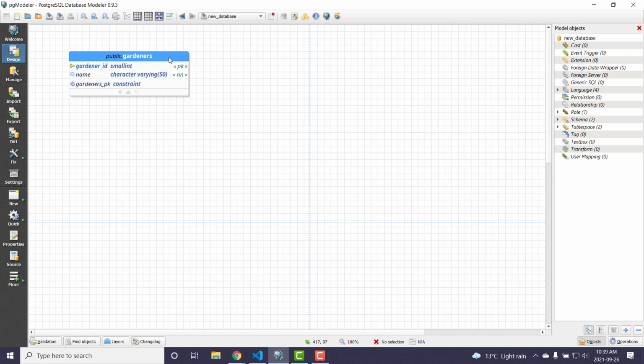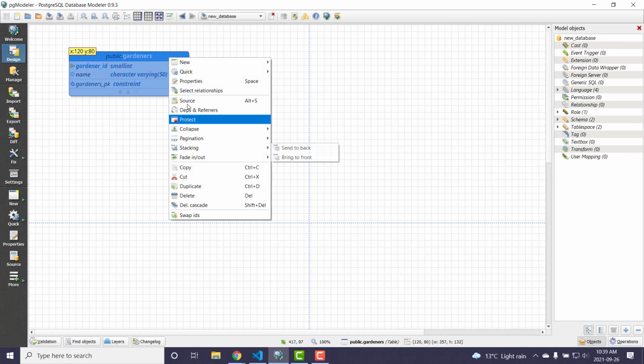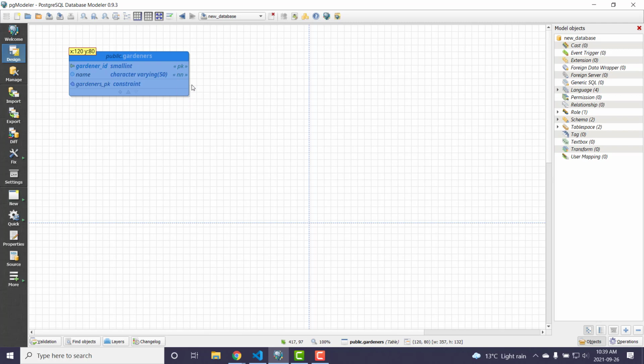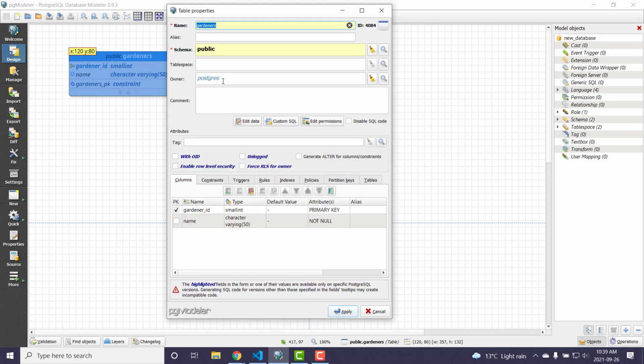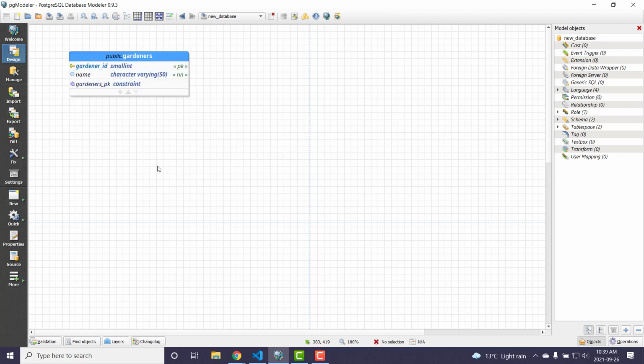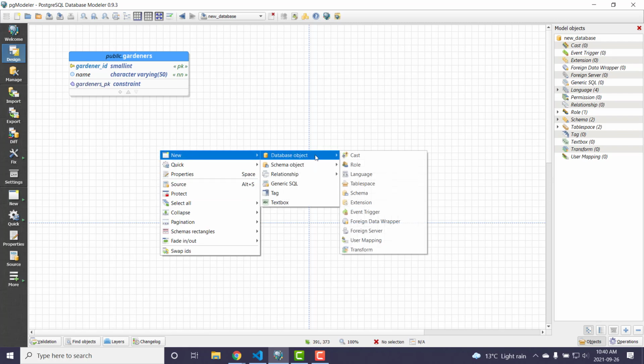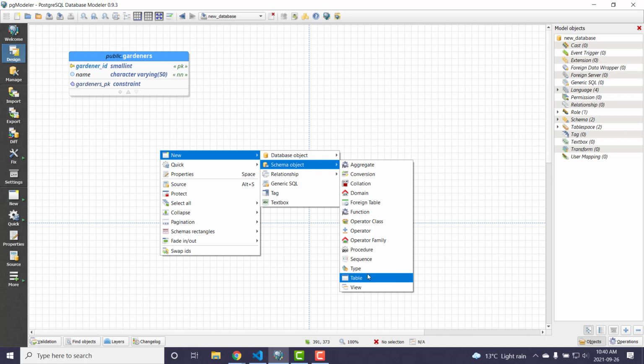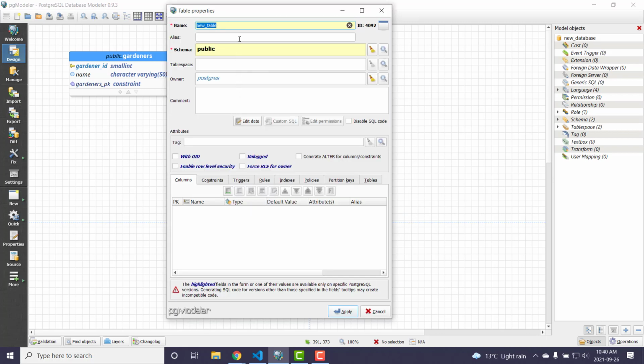If we actually go back and look at this, because we may not have picked it up before, notice that the owner is Postgres. Okay, it's going to cause problems later on. You would have to be the super user of the database, logged in as the super user of the database, in order to forward engineer the SQL. I'll bring in a new table, schema object, table, and it's going to be a